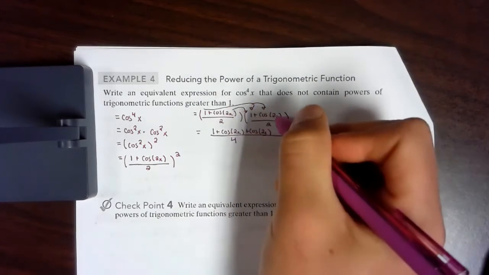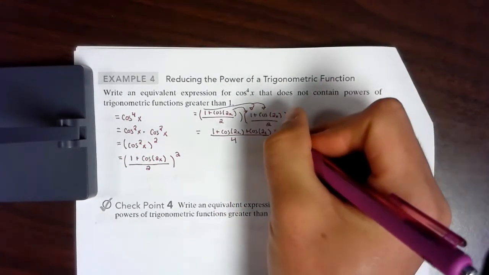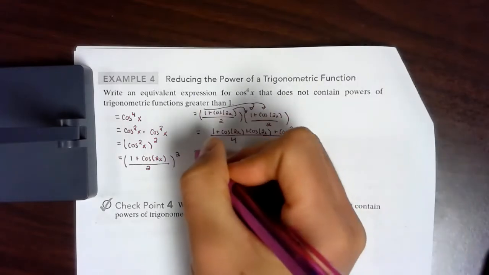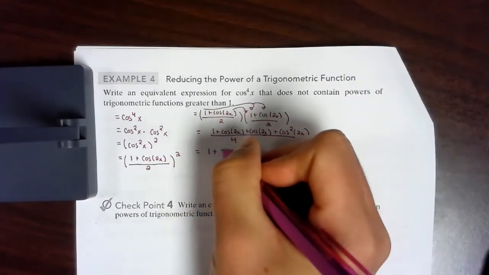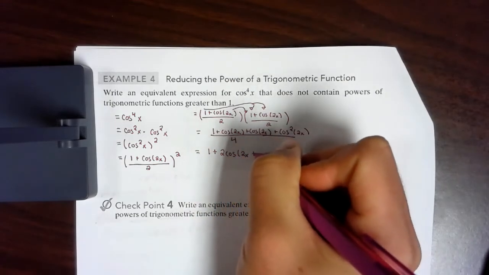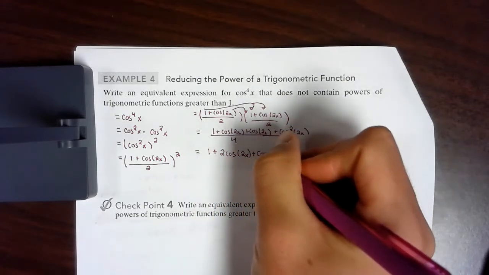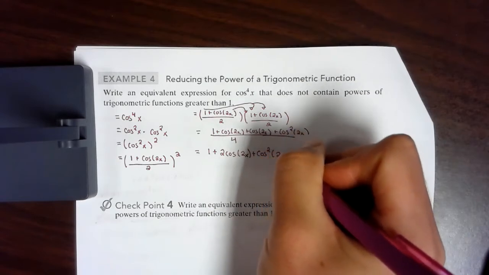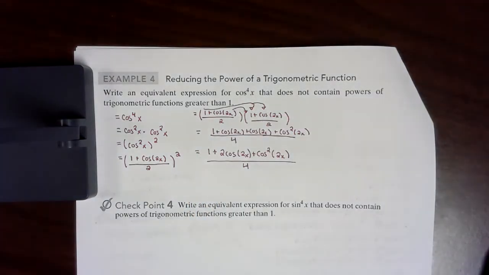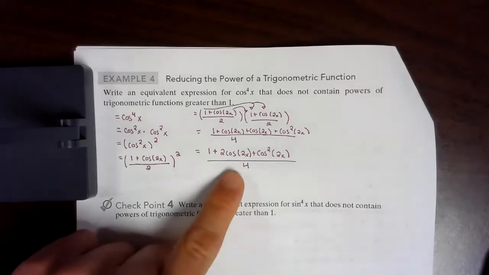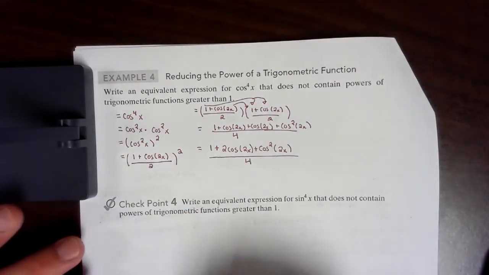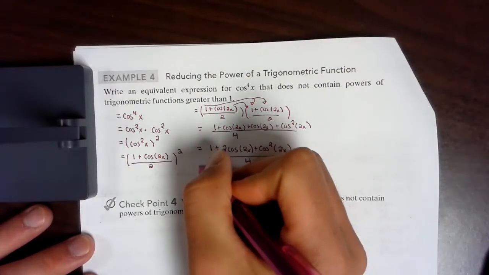And then cosine of 2x times cosine of 2x, which is cosine squared of 2x. Well, the top can be simplified to be 1 plus 2 cosine of 2x plus cosine squared of 2x all over 4, which now, remember, if we're dividing all these three terms by 4, we can think about them as being divided